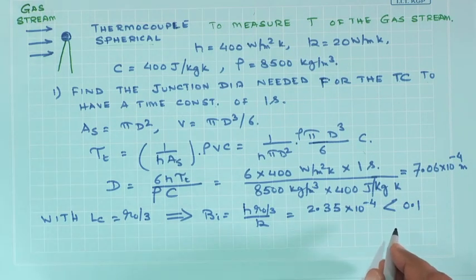So, if it is less than 0.1, then whatever we have decided for the validity of lumped capacitance is going to be honored, going to be correct, since the value of the Biot number that you calculate comes out to be